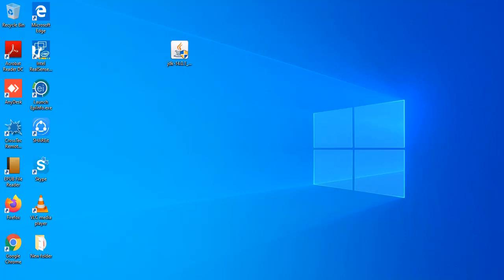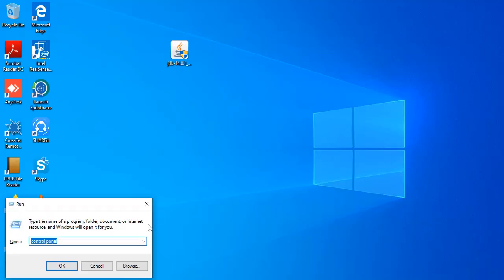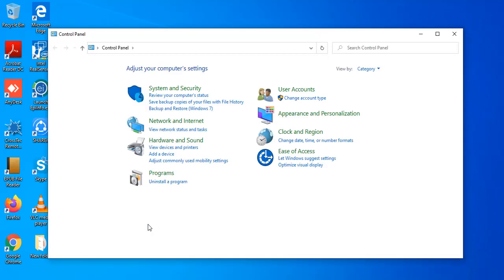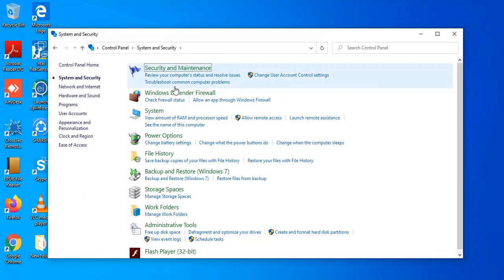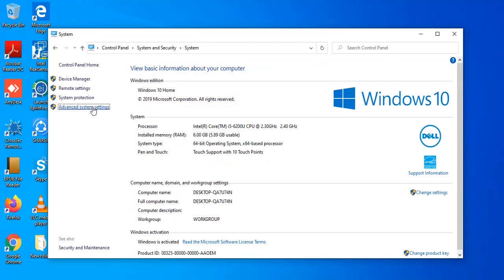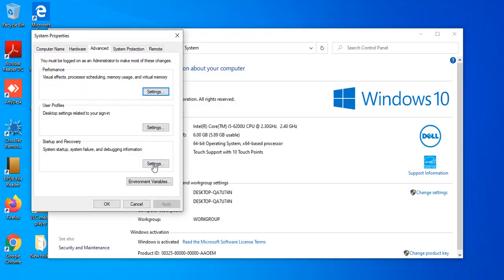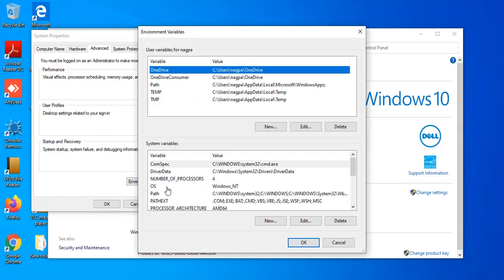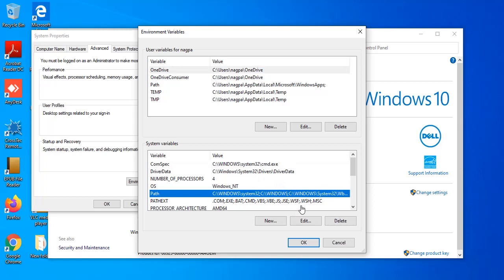Once we have completed the installation, we need to set the environment variables so that whenever some program wants to look for Java, it is automatically recognized by the program. So in order to set the environment variables, we need to go to control panel, go to system and security, system, advanced system settings. Here you can see the option for environment variables. So we need to click on the same, go to path and say edit,